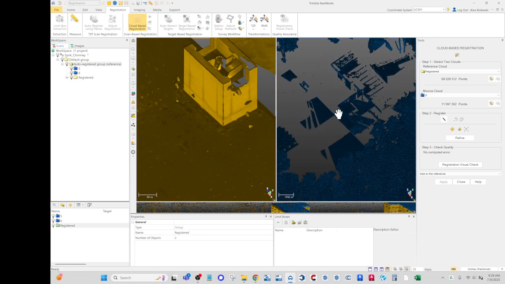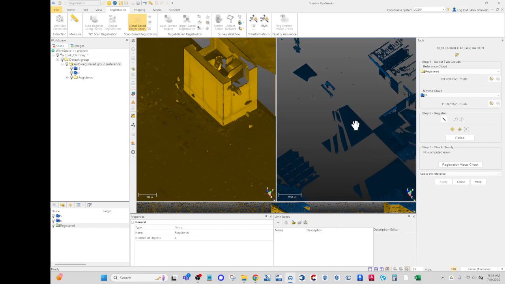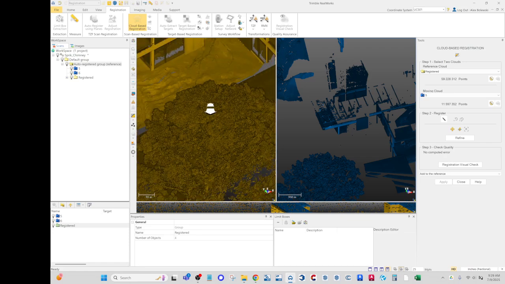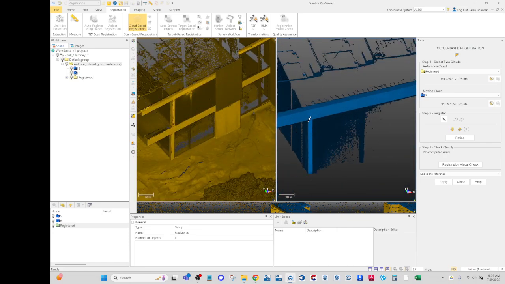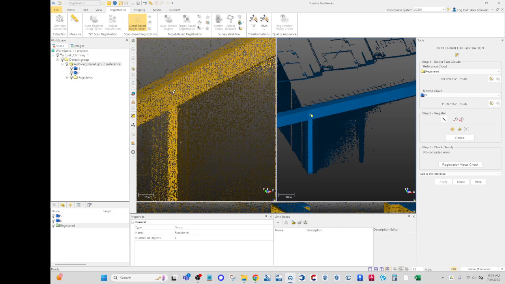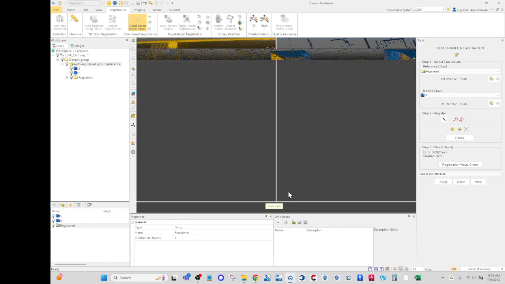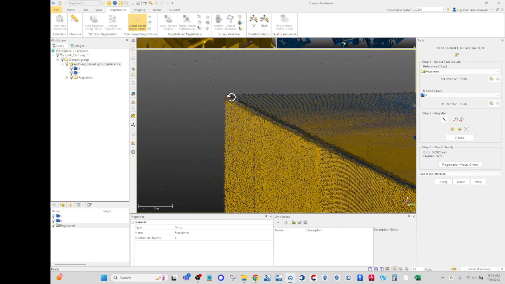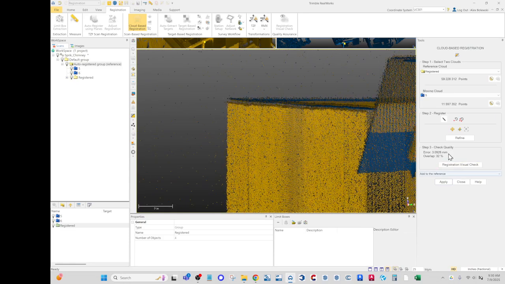Let's see. I mean, it gets so much of this corner and still multiple faces over here. So we'll just, this is the top. Come on. There it goes. Oh, looked like it moved slightly. It did. Look at that. You still have a bit of a round. I mean, that must be a chamfer, right? That maybe the scanners below couldn't see and the top one can't see. It looks like there's probably like a 1-inch chamfer. I know that's common with concrete look, and it did that. So apply,